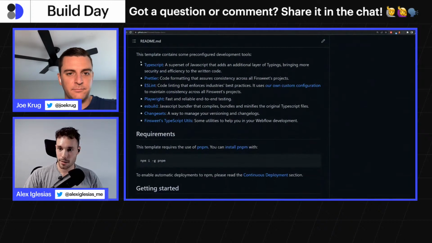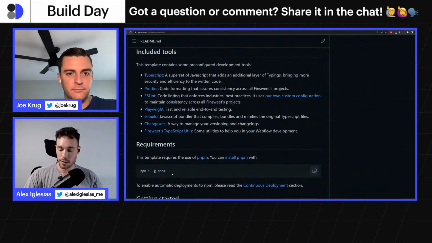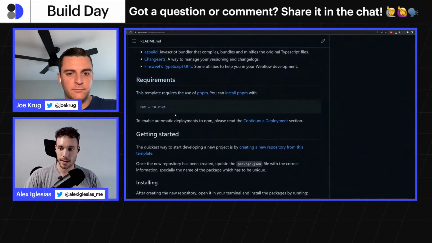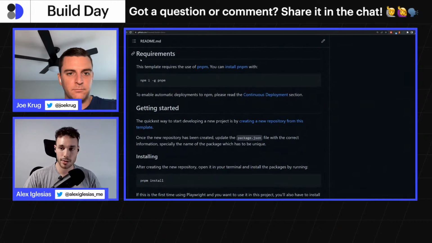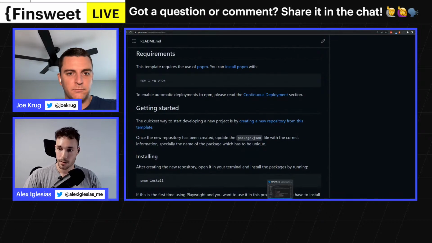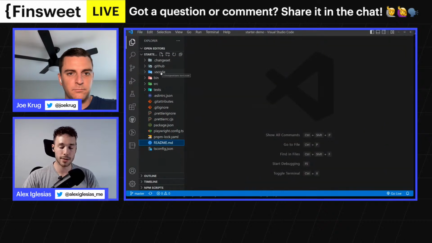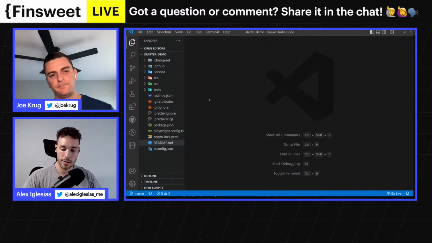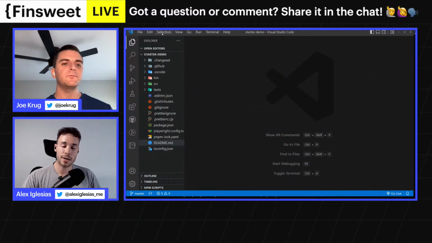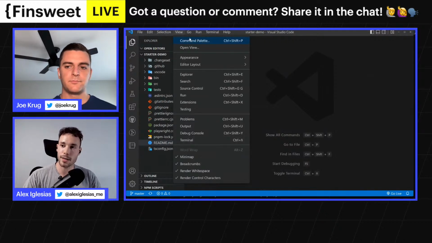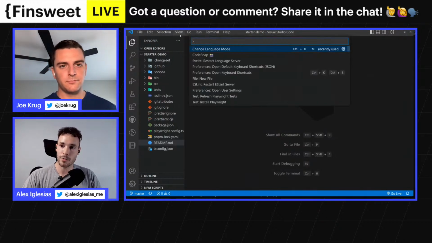Actually, before we go on we need to do one single first step, which is installing everything. So let's follow this along, because we now have all the tools here, but first we need to install some packages because it contains some npm packages and we want to have them downloaded in the project. So if you're following us, what I want you to do is go to view, go to, oops,